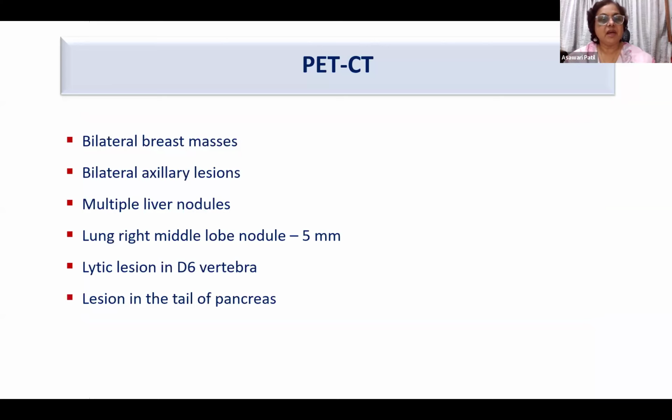bilateral breast masses, bilateral axillary region. So let's look for additional clinical findings. And we looked at the PET-CT findings. There were multiple liver nodules. There were lung nodules, lytic lesions in the vertebra, and there was a mass lesion in the tail of the